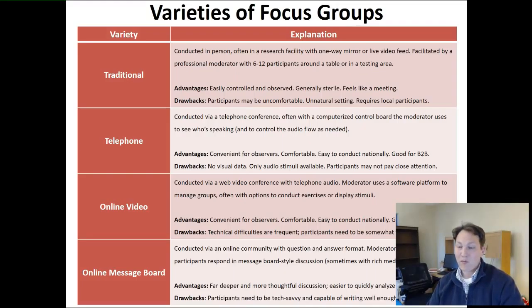Actually, traditional focus groups are terrible for business-to-business research because you tend to get people that are in the same industry and that might know each other, that might be competitors, and they more often than not want to kind of one-up each other and play games with each other rather than give really useful information. But in a telephone focus group, because you can have a national sample, you can find people that might be in the same industry, but they don't really know each other. They're not really competitors, and they can share information a little bit more freely without feeling a need to be so competitive. It's very nice.